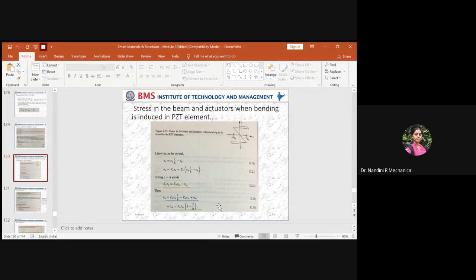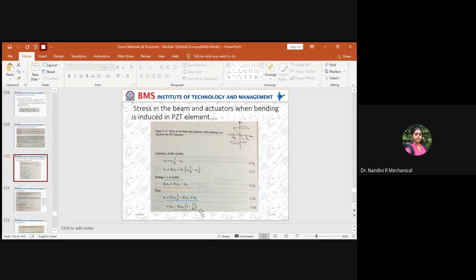So what is it? You are taking first this term and then you are taking this term. And you are taking here the stress across the actuator as the first. It is positive, even here it is positive. It is negative, even it is negative. Only thing is the sign change within these two parameters. Okay, so with that, after removing the common factor, this will be the equation that will be yielded.